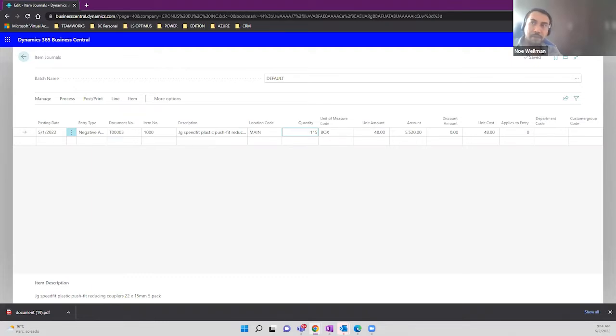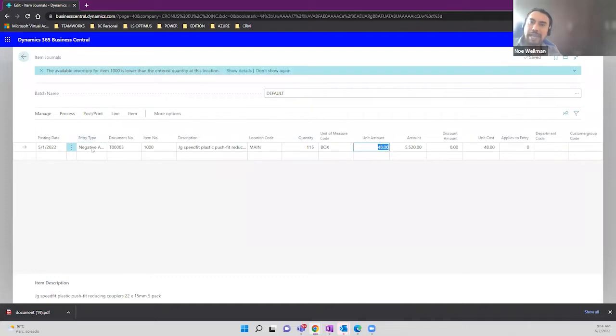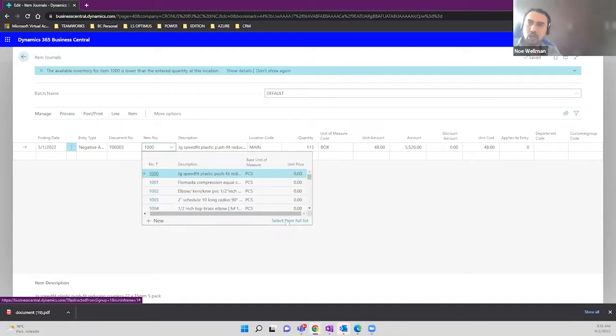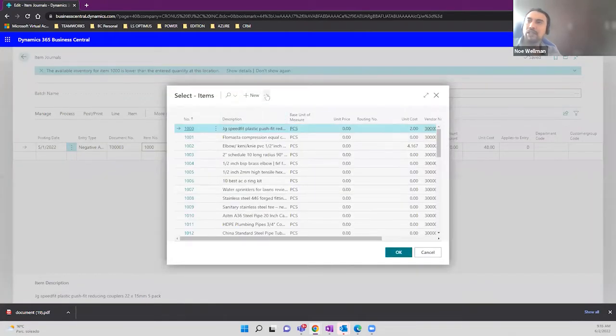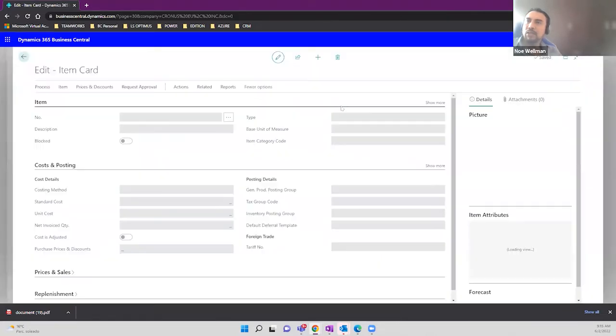Most often it is more important to consider at what unit cost an inventory adjustment is posted as well. That's very important. That's as well something that you need to verify. Okay, in this case, if you do a negative adjustment, at least verify your item card, so you can fill the unit amount. The program in this case automatically copies the price from one of the following fields of the item. Whenever you do a negative adjustment, the cost is going to be, let me just show you